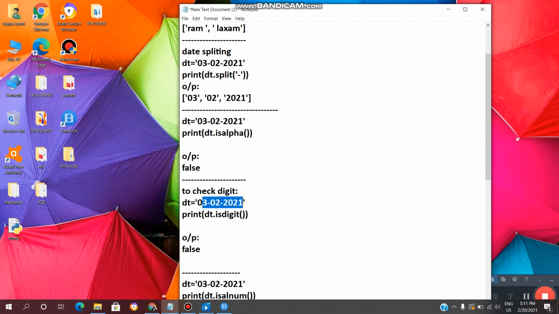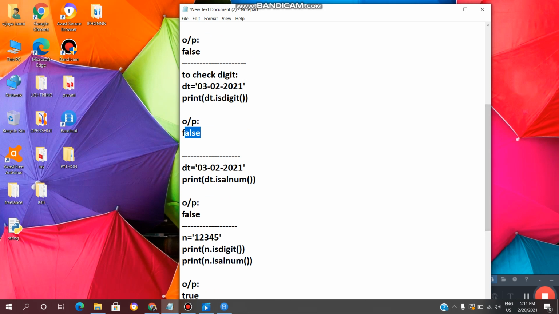If the given string does not have any hyphen or alphabets, then if we give simply 02032021 and check isdigit, we will get true. But we have taken 03-02-2021, so we are getting isdigit as false.